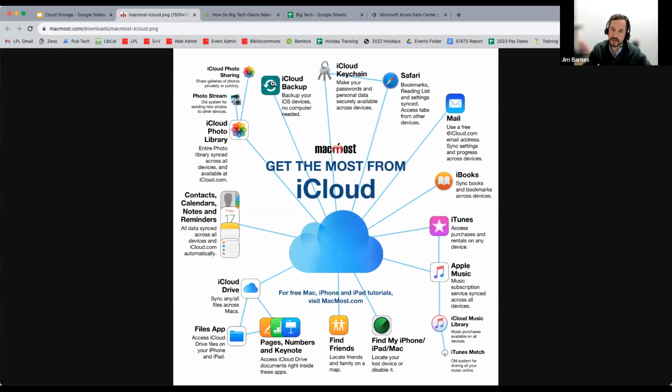Usually you just set it to backup automatically, and it'll back up your phone or your computer every night. Usually it does it at night when it's plugged in and connected to Wi-Fi, so it doesn't use all your data. But it just changes each day, like what changes you've made that day, and it just updates the image of your phone in the cloud. So again, if you drop your phone in the lake, you can go to the store, get a new phone, and then once you sign into your account, it'll download all of the data for your phone, and it'll be like it never happened. You'll be using a different physical phone, but it'll have all the same data just like nothing ever happened.